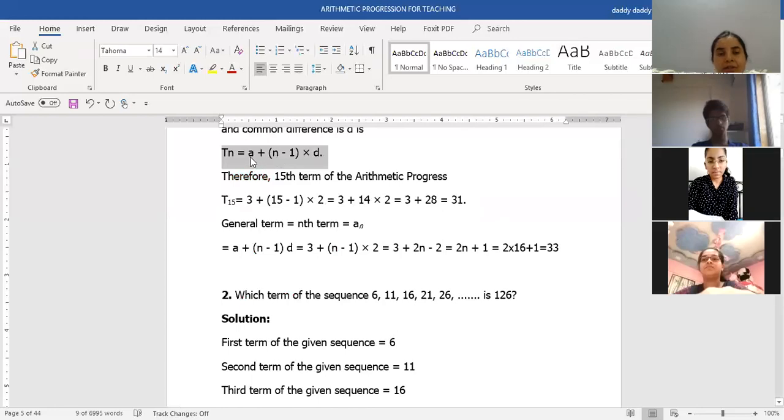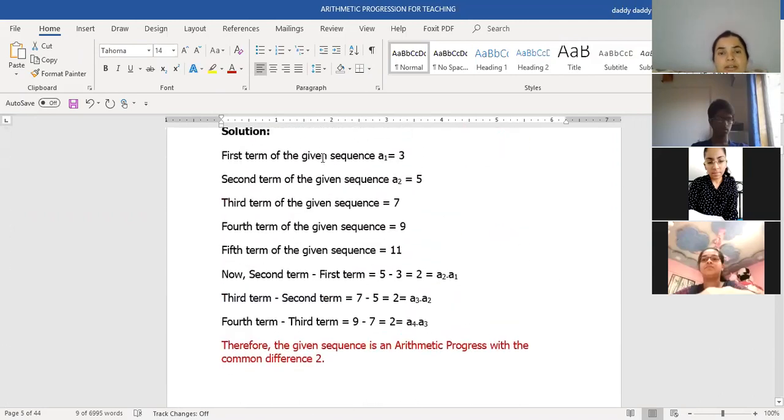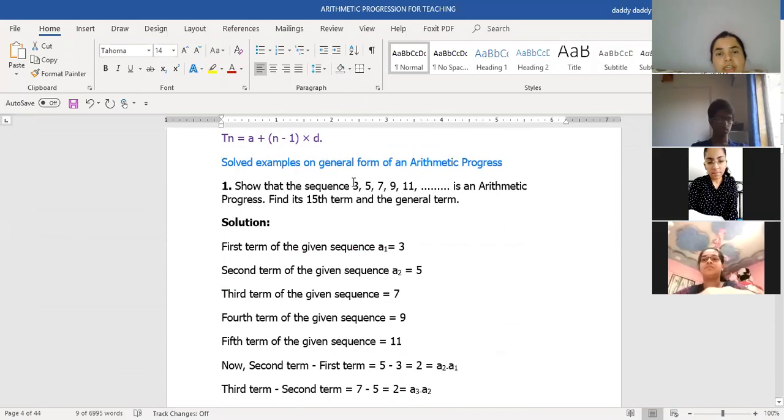But the series has been given to me, so I know the number value of a and d both. Your a is in the question, it was 3. a is nothing but the first term. And d we calculated 2, isn't it? So in place of a and d, you will put 3 and 2. But in place of n, you will let it be n only. So after that, you will get this.